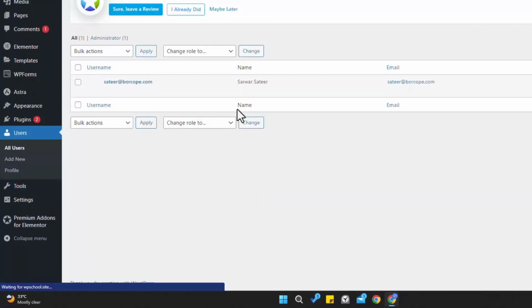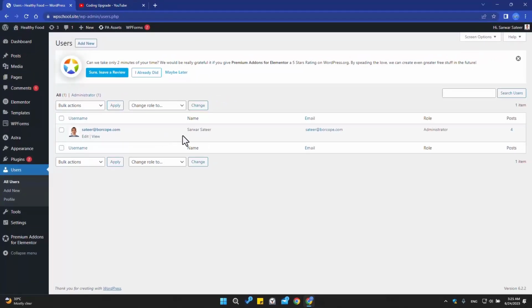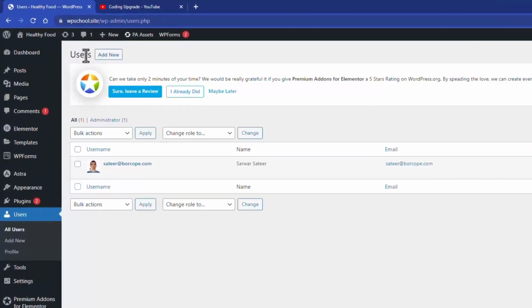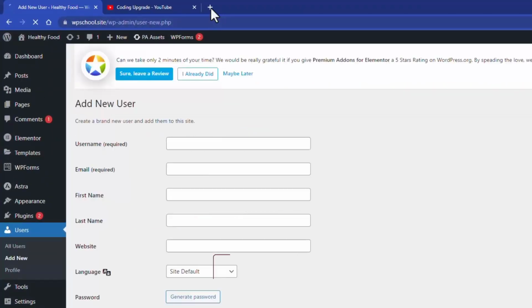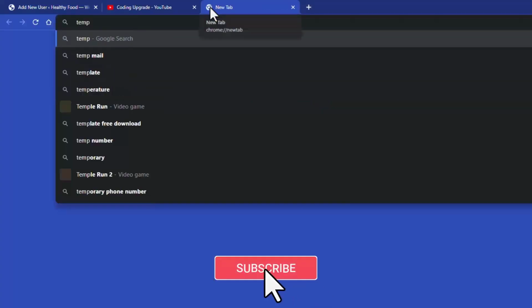Here you can see all the users on your website. I have only myself on my website. If you have some other people to manage your website, you can add them from here. Add New. Let's find a temporary email,